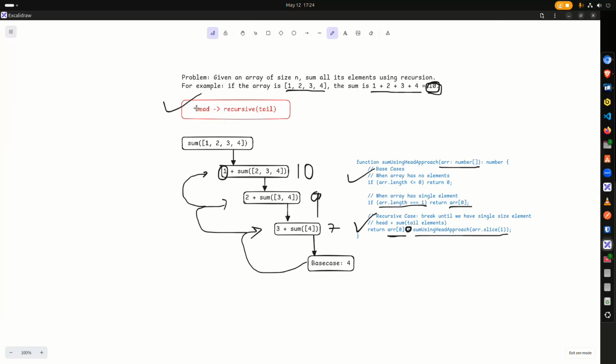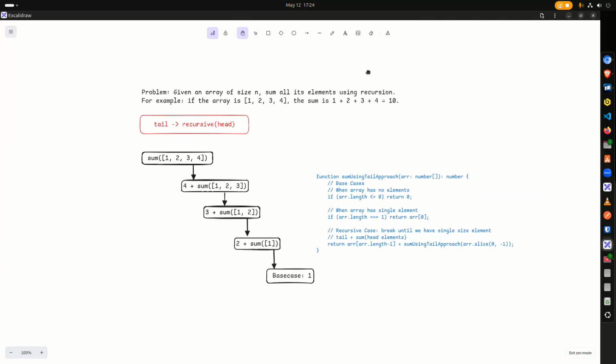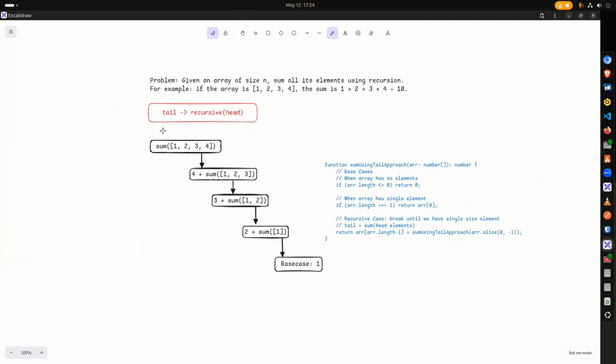That's the idea. Okay, so now what happens when you take the tail to head approach? In this case, instead of removing the first element, we remove the last element. So we're going to take the 4 out from the array and then call the function. We take from 0 until the end of the array, we remove 4, and that 4 we can sum. So this is the last element of the array, which is 4, plus